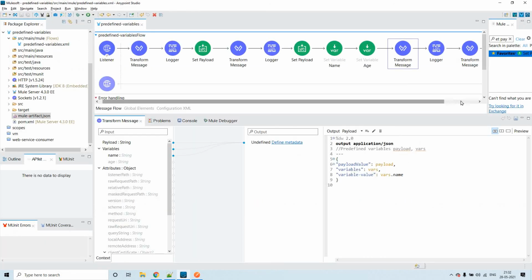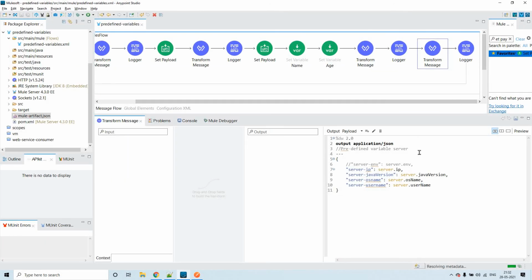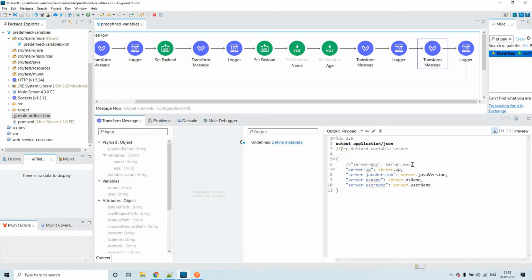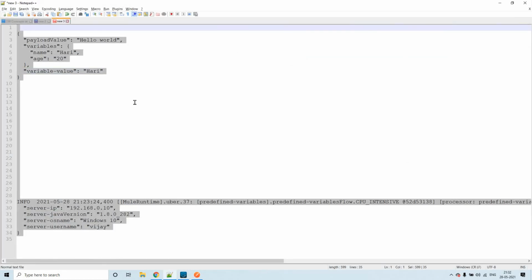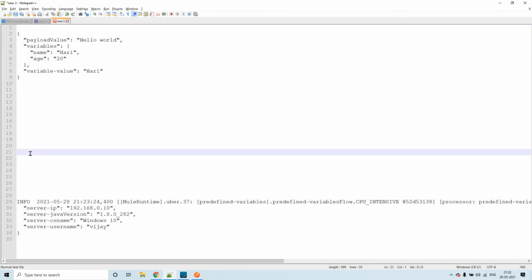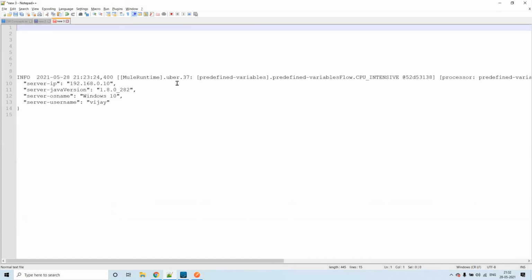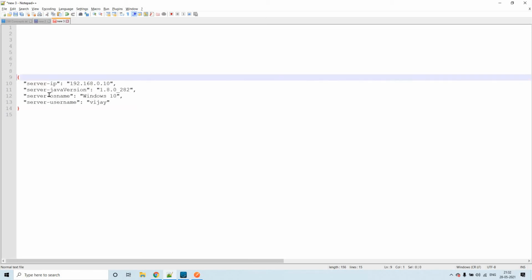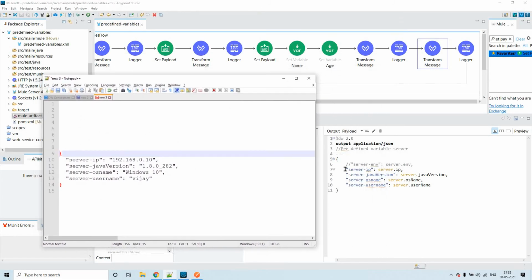Here we'll be exploring the server predefined variable. Let me delete this. Now you see here, server.env.